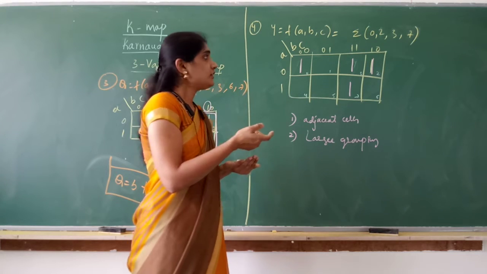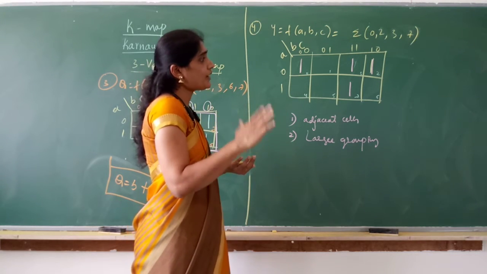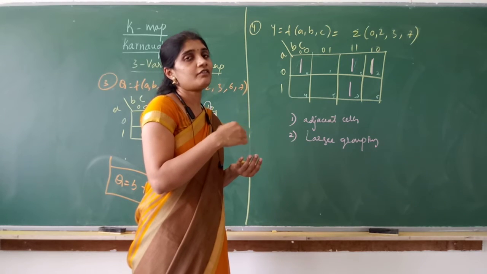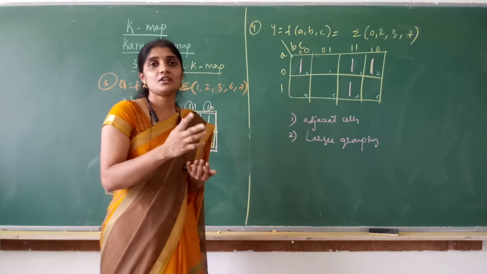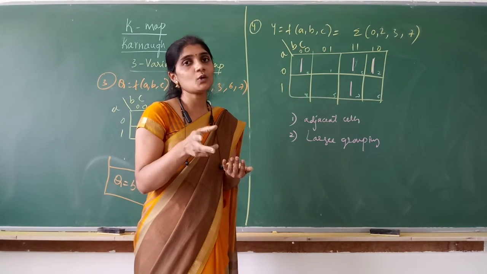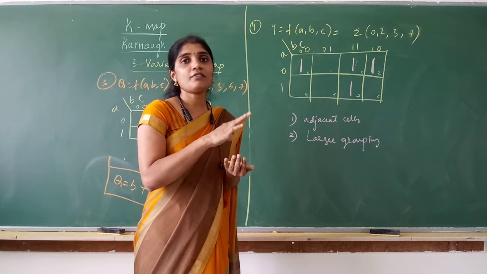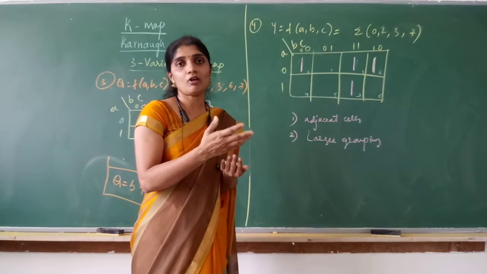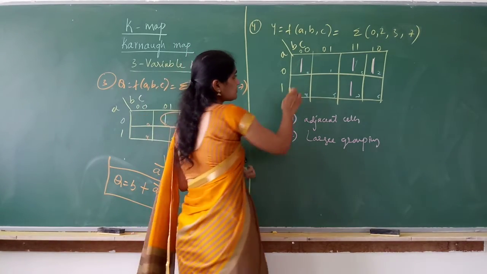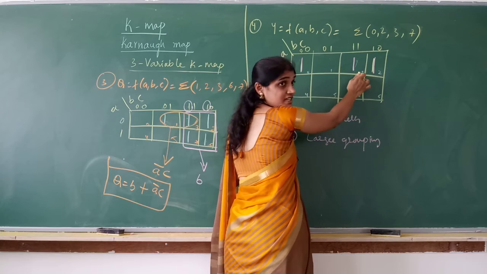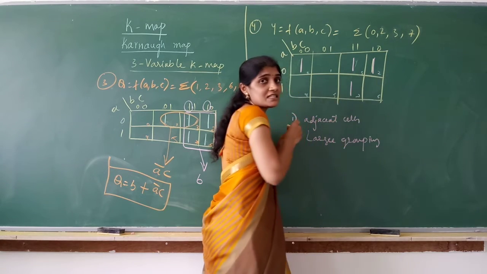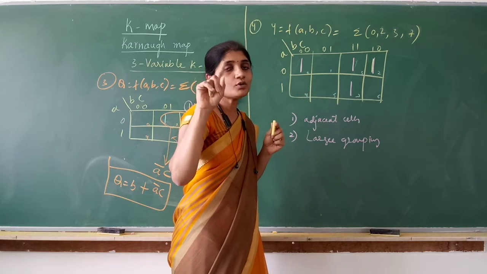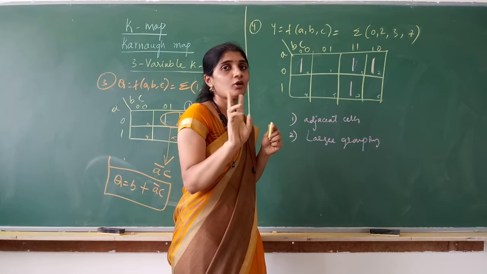If you just keep on listening to the video, you cannot understand. You have to think and you have to group. Only then will you understand and can verify. You can learn where you are going wrong. Now 2 and 3 are adjacent, 3 and 7 are adjacent, but I cannot group 3 cells. Groups must be 2, 4, 8, 16, 32. I cannot group 3 cells.